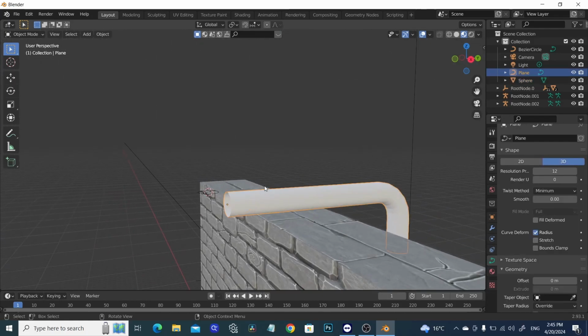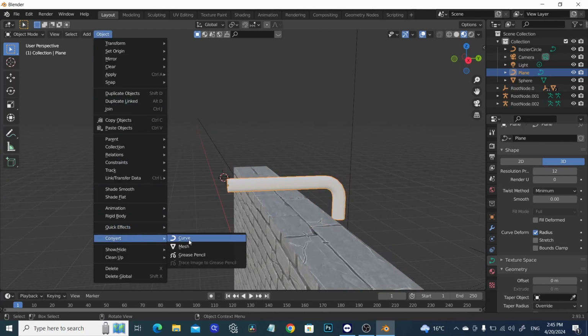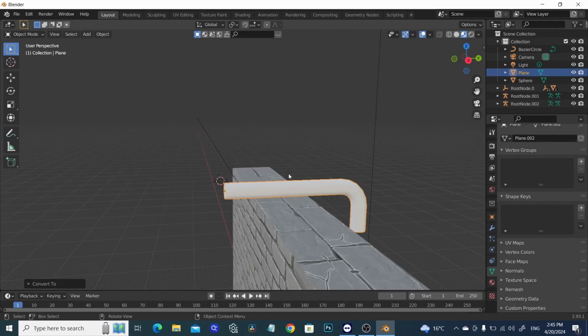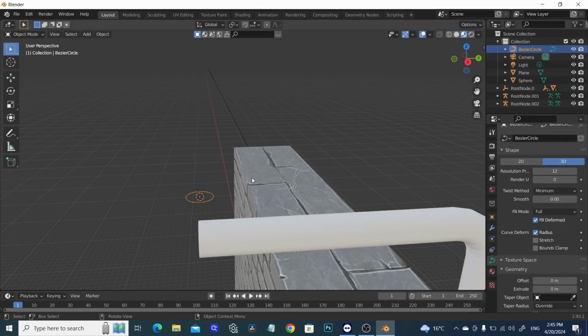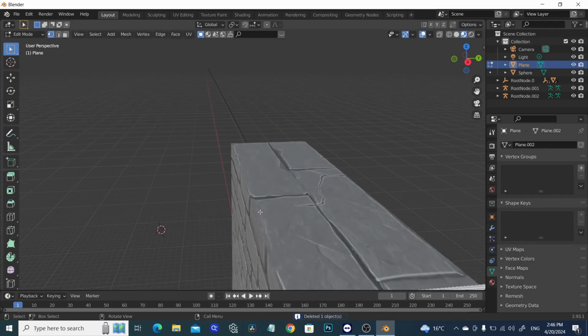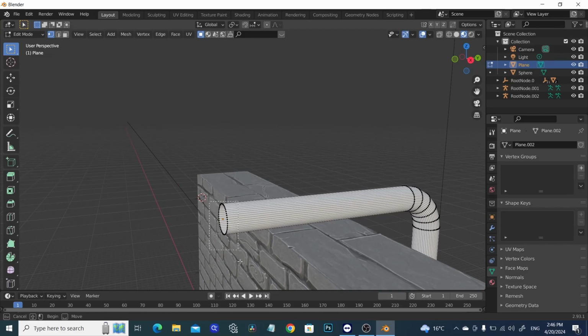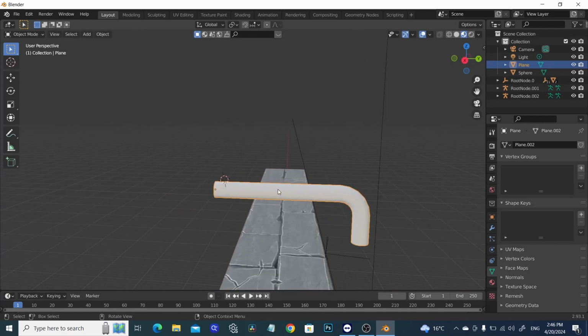Okay, now select this pipe and press Tab to go to the edit mode. First we have to convert this pipe to mesh. Okay, so now this is our mesh, so we don't need that Bezier circle right now. We can delete it, and then select this pipe, press Tab, go to the edit mode, select these points, these vertices, and press F. It will close the surface. Once again go back to the object mode by pressing